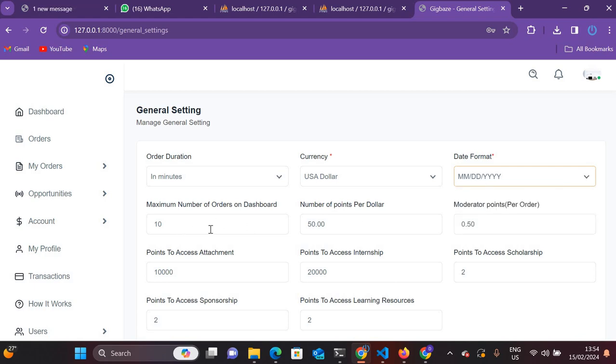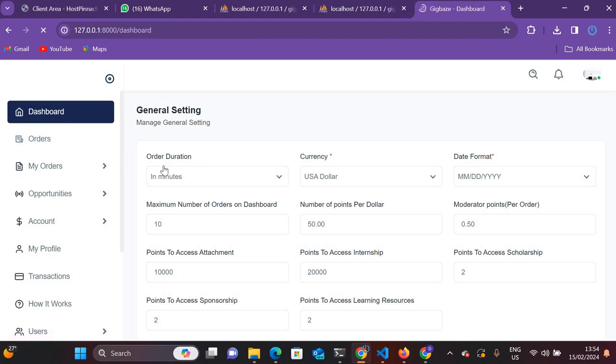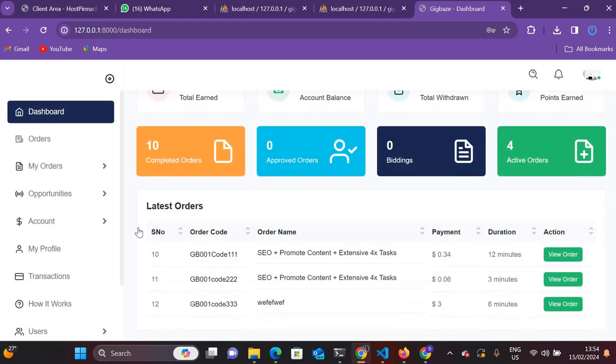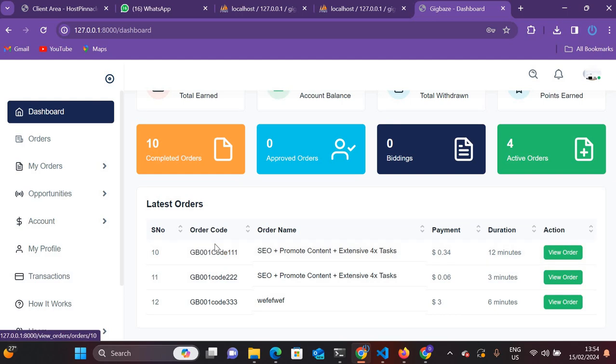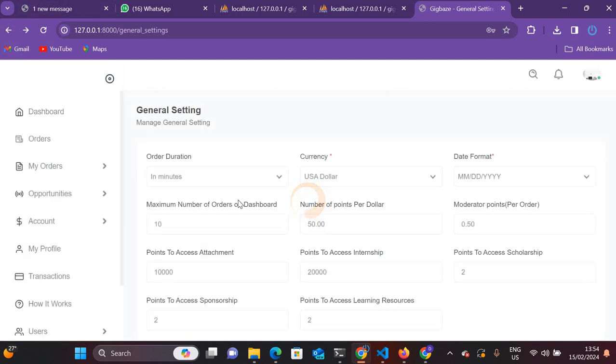Okay. Maximum orders on dashboard. These are the orders you see here. Let me come back. Orders you see here. If you make them 10, a user will be seeing only 10 orders. If you make them 20, then 20. By default right now you can only see 10 maximum orders. Number of points per dollar, because we're using dollars. Moderator points, that is the point a moderator receives when an order is uploaded and approved. And this is what the user receives per dollar